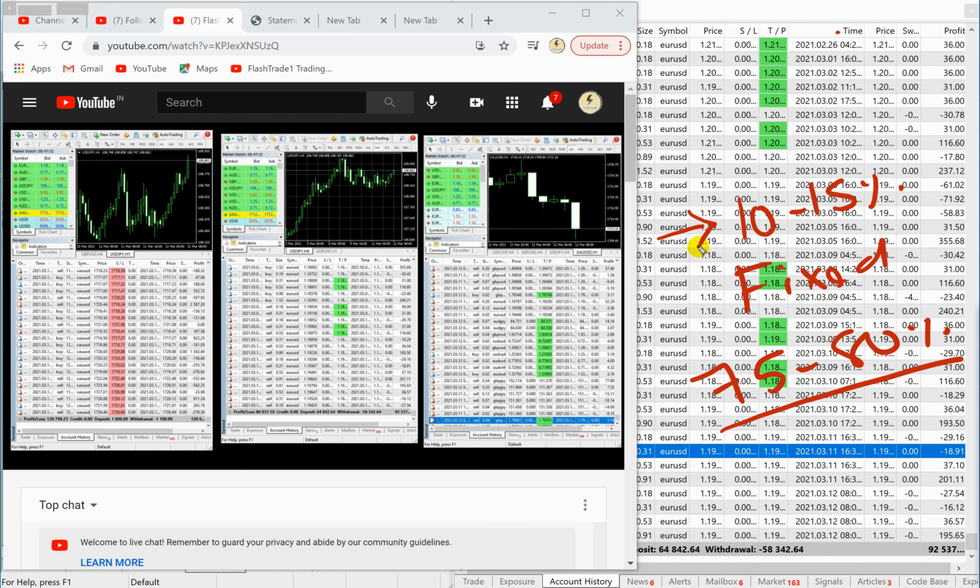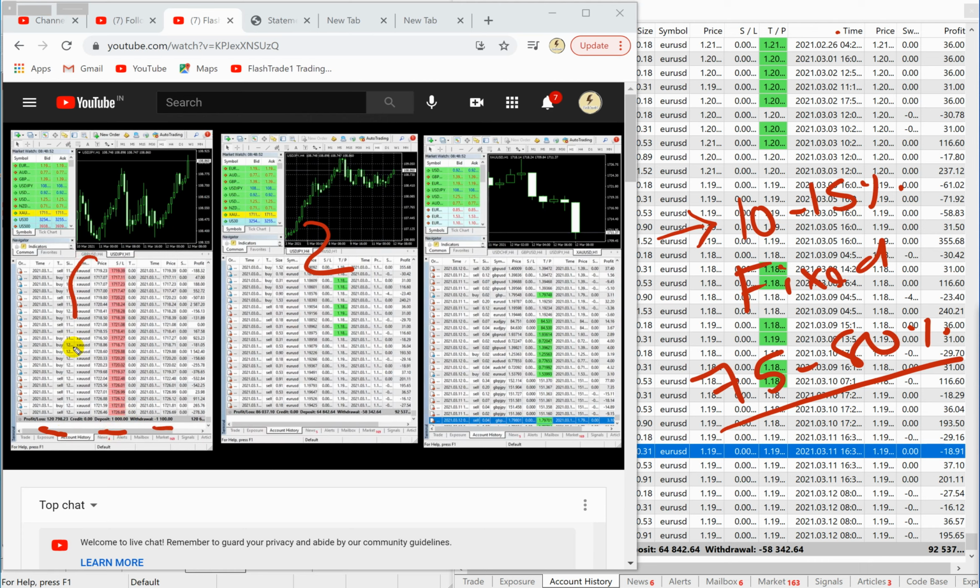It is not certain that your account will go into a loss of 10 to 15%, but in any case if it does, then Flash Trade 1 will bring your account back into profit and recover the loss too. So this is how we are trading account number 2 on our 24/7 live streaming. You can see that for account number 2, the total profit is 120k with a deposit of $1,000 and a withdrawal of $1,100.